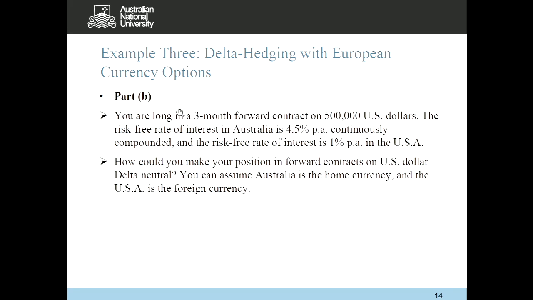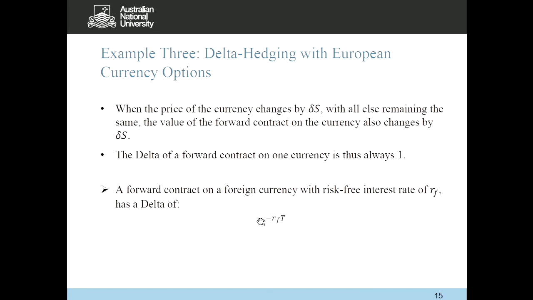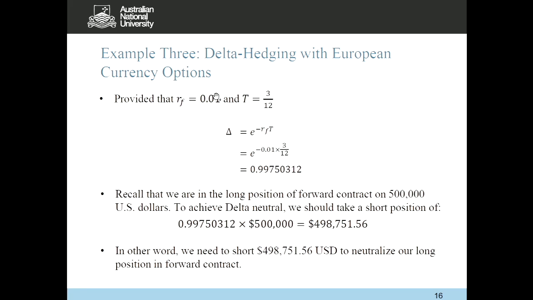As I mentioned before, going long the forward contract is similar to going long the underlying asset. So long one forward contract gives you, the forward contract always gives you a delta of 1, right? However, we're dealing with a forward contract written on foreign currencies, so we need to do a bit of modification here. Basically, we're discounting that 1 delta with the foreign risk-free rate, for the reason I mentioned earlier in the workshop. The risk-free rate in the United States is 1%, right? So that's 1 delta times e to the power of minus 1% times 3/12,